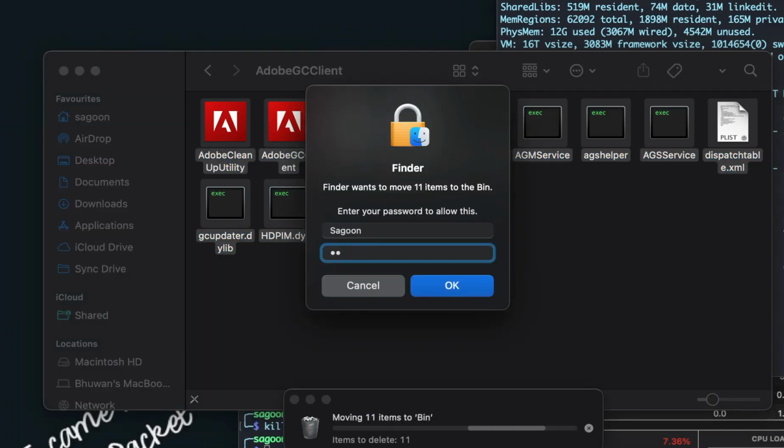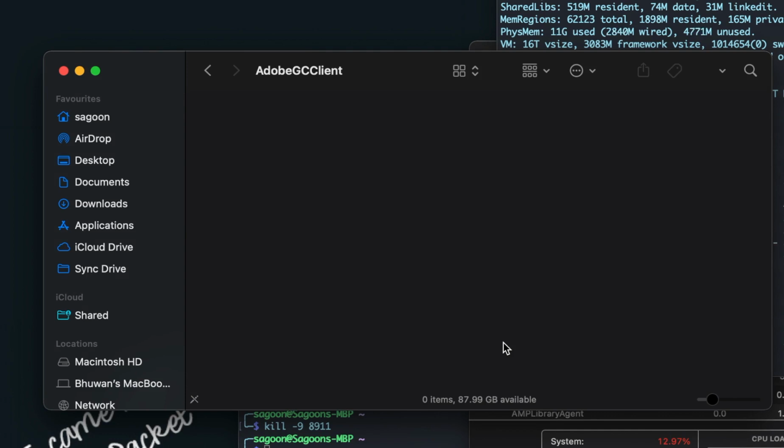Yeah, it's asking me for a password. I'll give it a password, and the folder contents are gone. Voila, the files are deleted. But the thing about Adobe is it can recreate the folder without a problem. So just because you deleted it means it temporarily stopped it, but it'll check and then recreate the